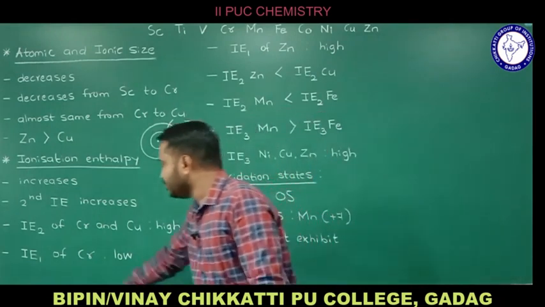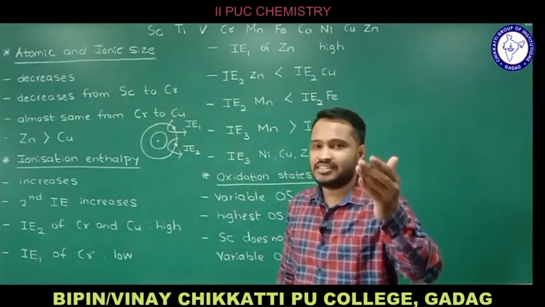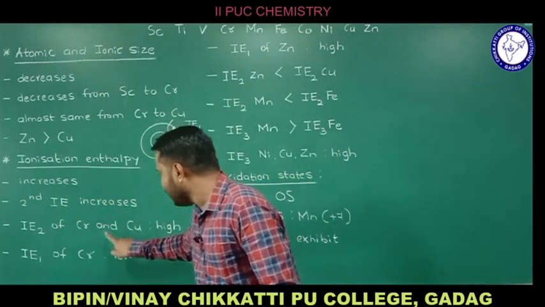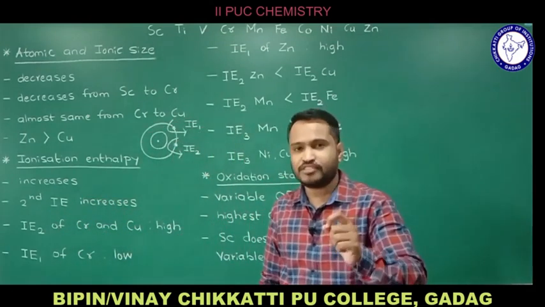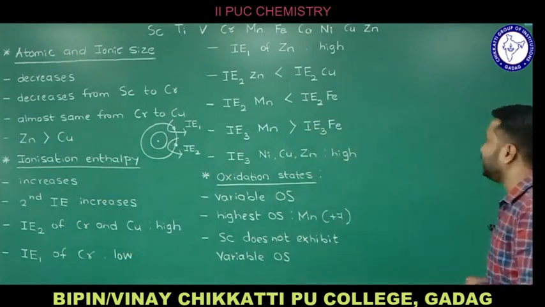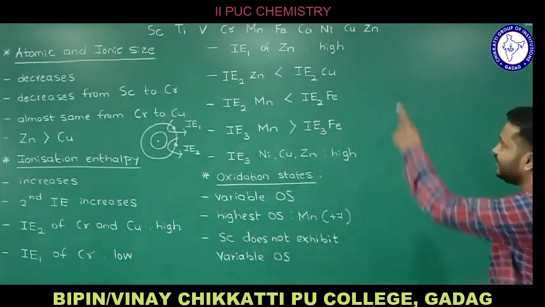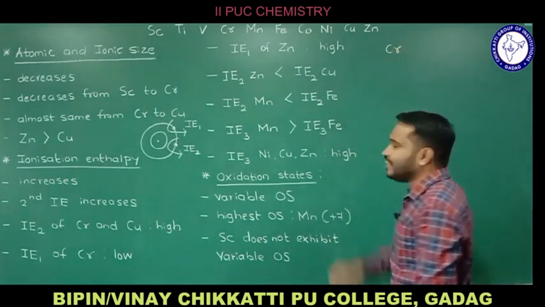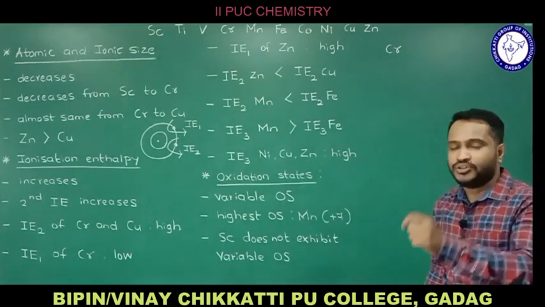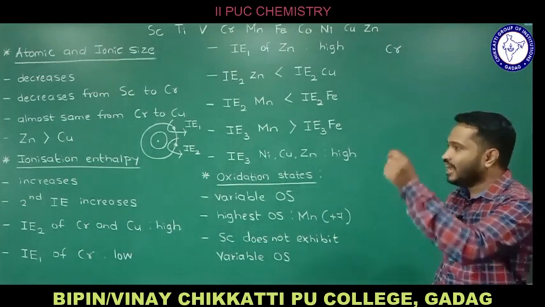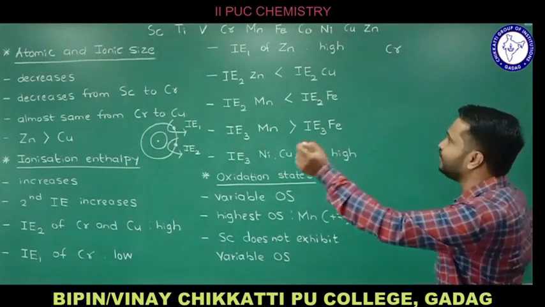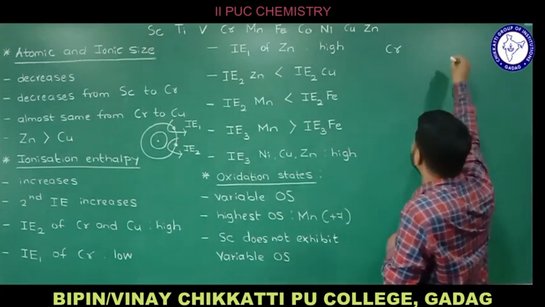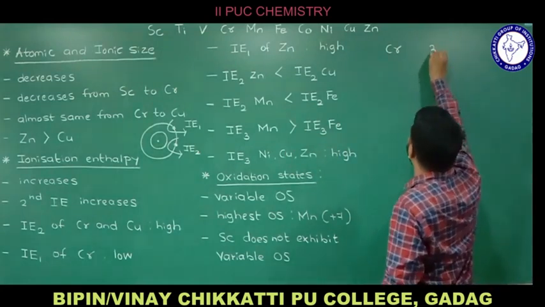What I have mentioned is IE2, as I said, second ionization energy. Second ionization energy of chromium and copper is high. So we'll see why the second ionization energy of chromium and copper is high. Chromium, do you know the atomic number of chromium? You need to remember the atomic numbers and electronic configurations serially from scandium to zinc. The atomic number is 24, and the electronic configuration of chromium is